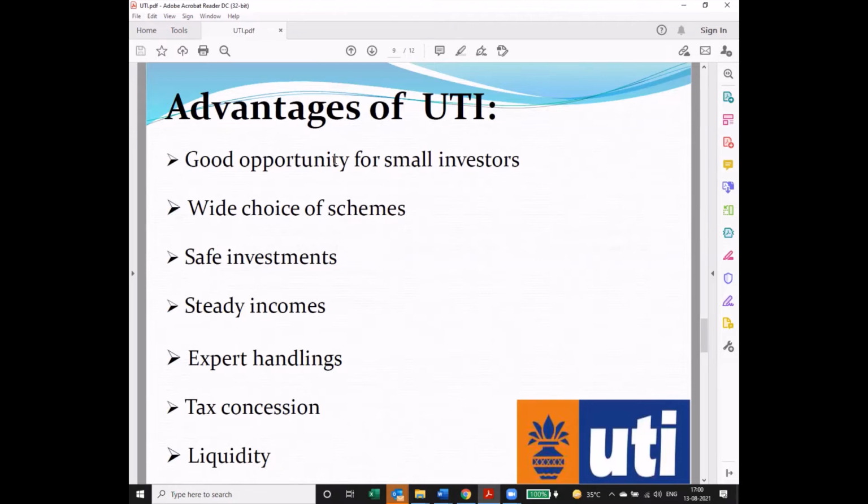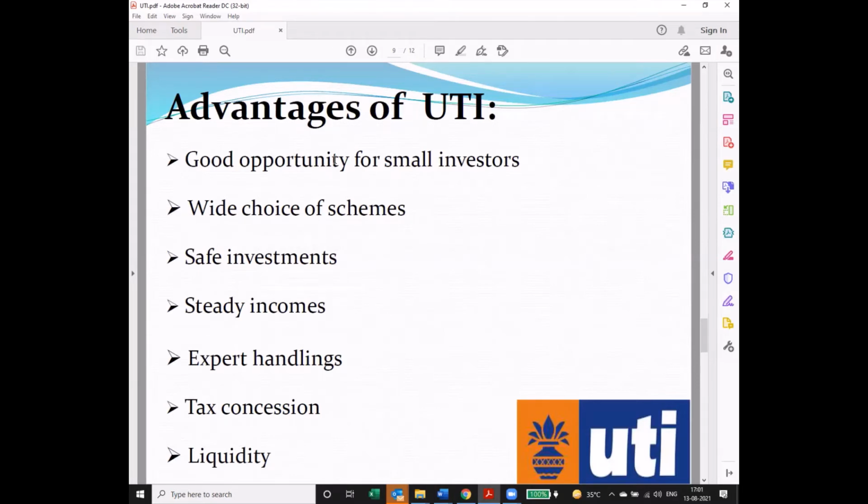And liquidity. Obviously, because of the small savings in the market, as I always said, India is a small saving based country. India has a very good habit of doing small savings, whether it is 500 per month or 5,000 per month. Every family, every citizen of the country is interested in saving money. And sometimes we go to an extent by saving the money that we develop a habit of having black money as well. That we do not report to the government that we earn. Right? So that kind of habits also develop, which is a bad part of an economy. But still, we have very strong roots because we save money, whether it is in bank or not. That's immaterial, but we save money.